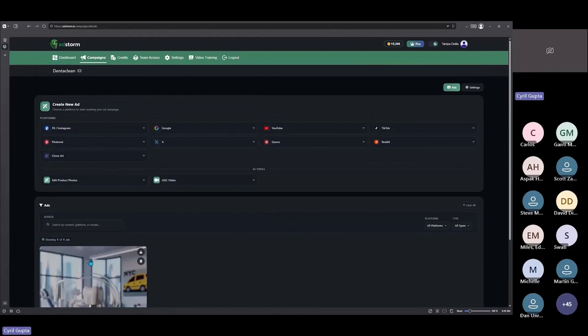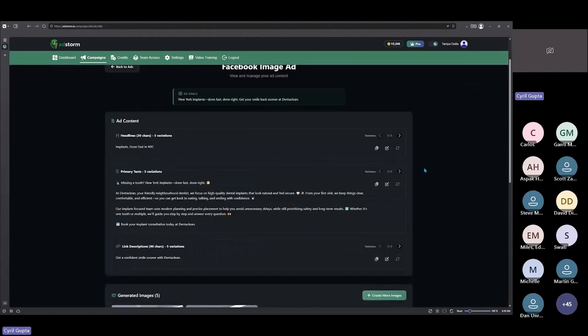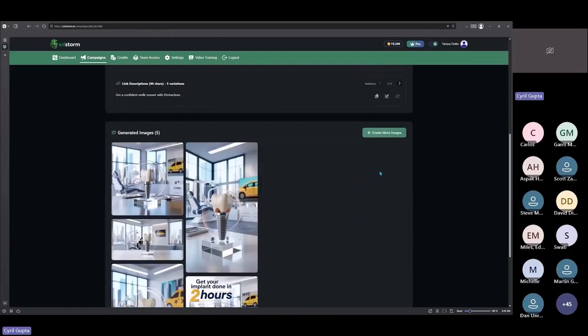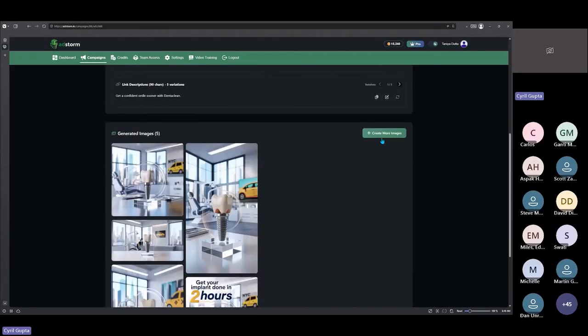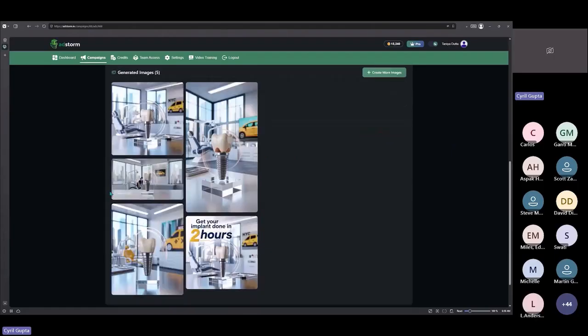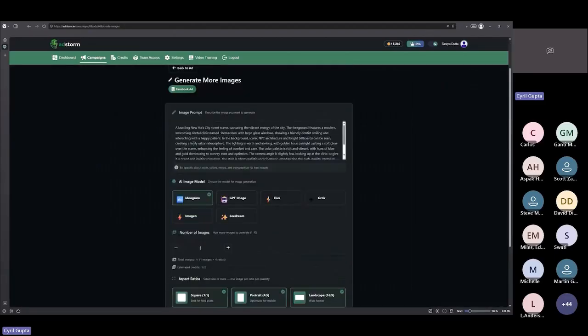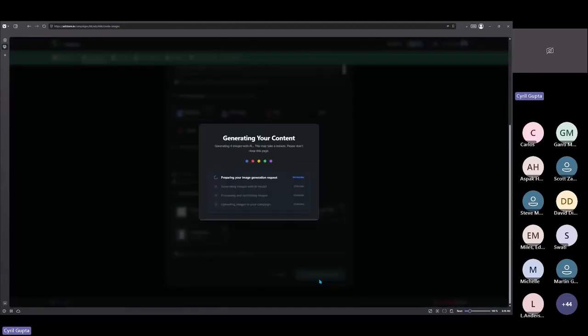Let me go back. Okay, so this particular button is probably disabled for now, but it will come back. So you will be able to hit this button and create more variations, and you can compare all of them side by side, just like this one. So yeah, it just came here. Just click on generate 4 more images. So I'm creating some more images now for you, Richard.